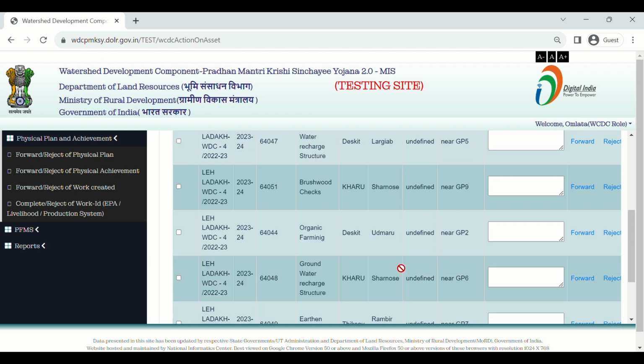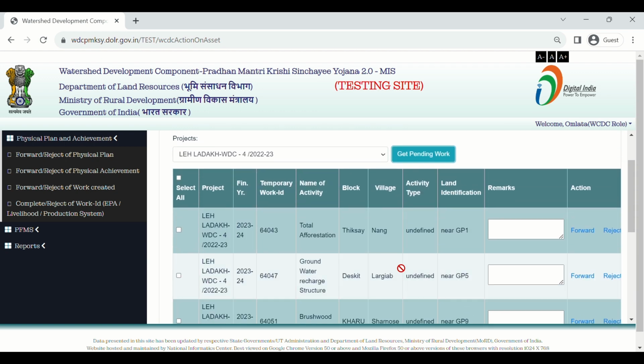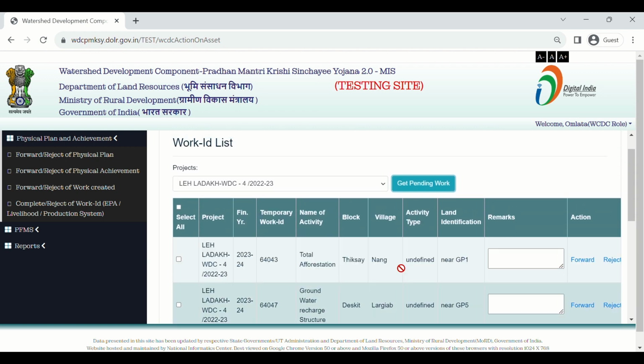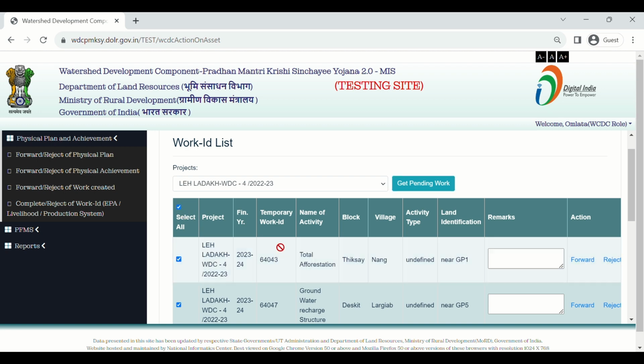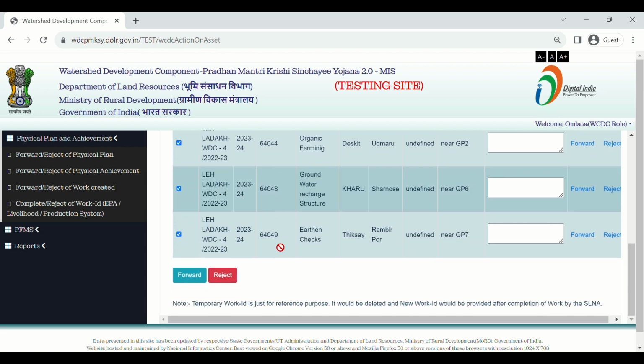Here you can see all the activities. To forward all the activities at a time, you have to select the select all checkbox and click on the button forward.